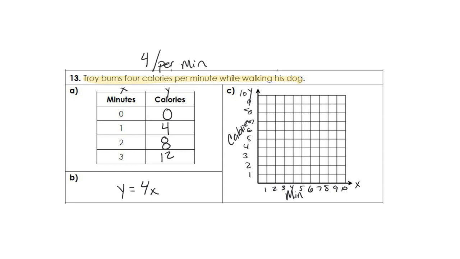So I know the first point I'm going to have is 0, 0, because if he doesn't walk the dog, he's not burning any calories from walking the dog. After 1 minute, he burns 4 calories, so we go over 1 and up to 4. After 2 minutes, he burns 8 calories. And 3 minutes would not be on this graph because it would be higher up here somewhere. So draw a line through